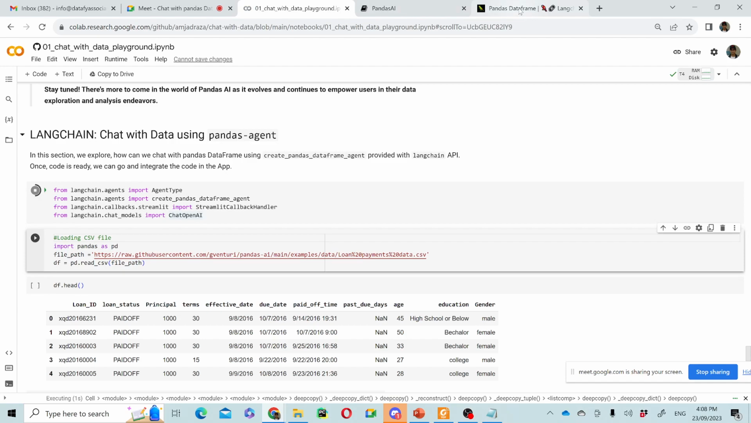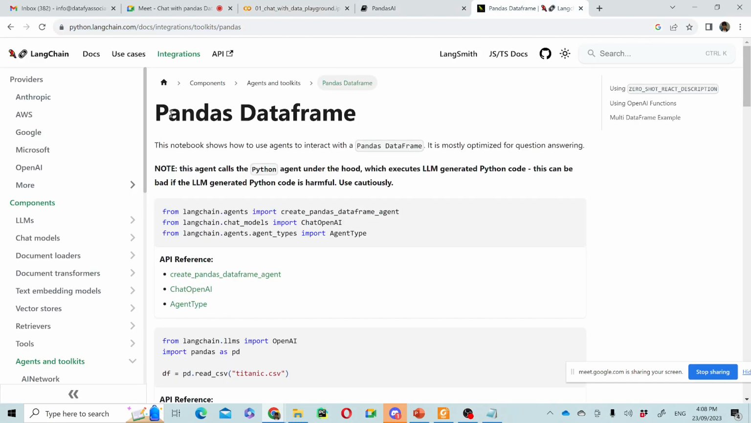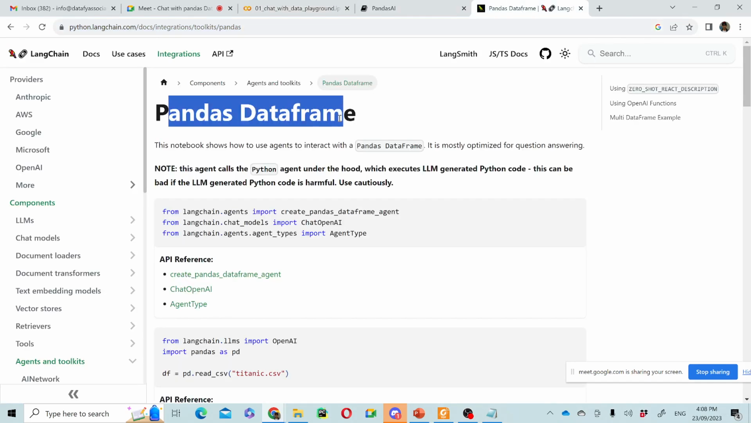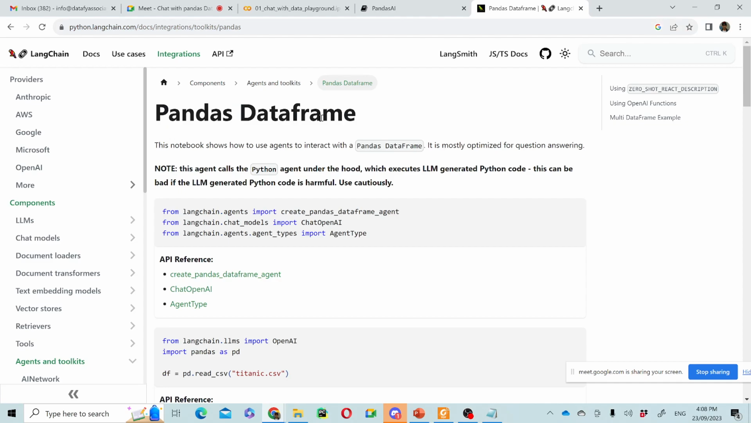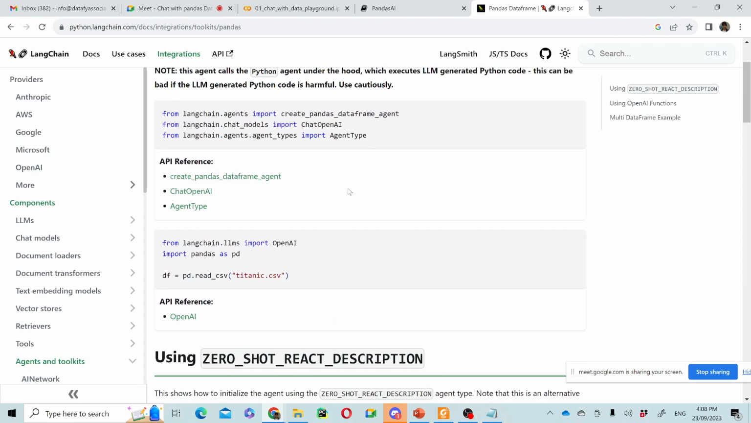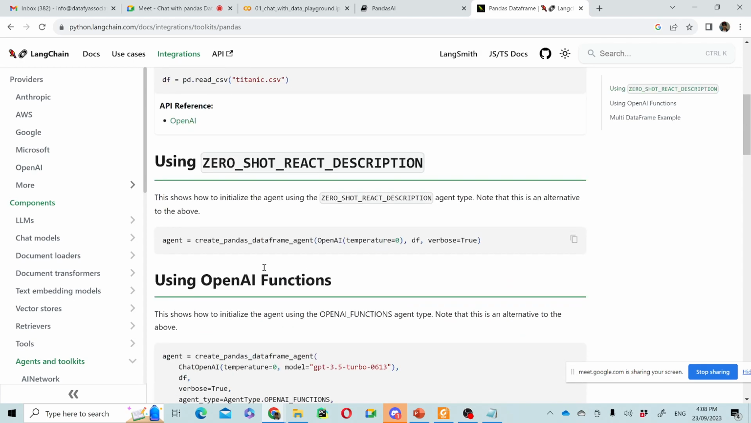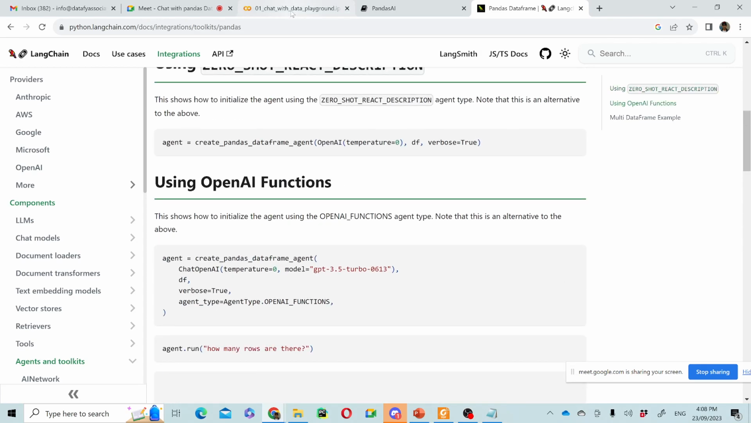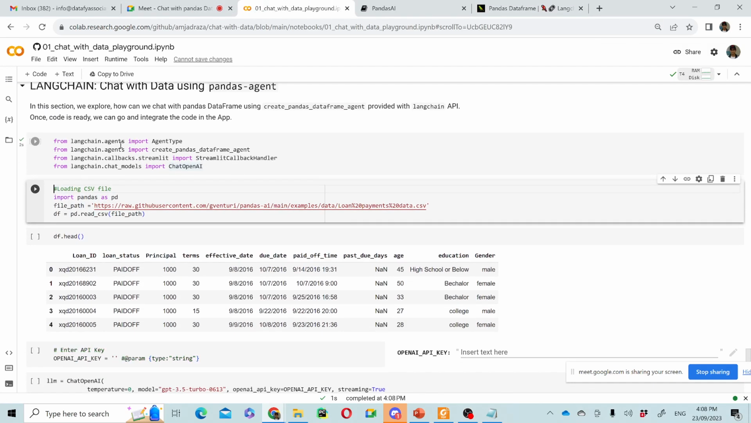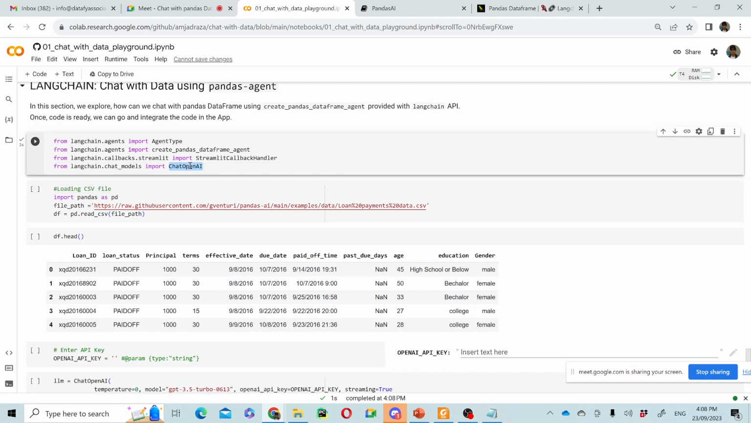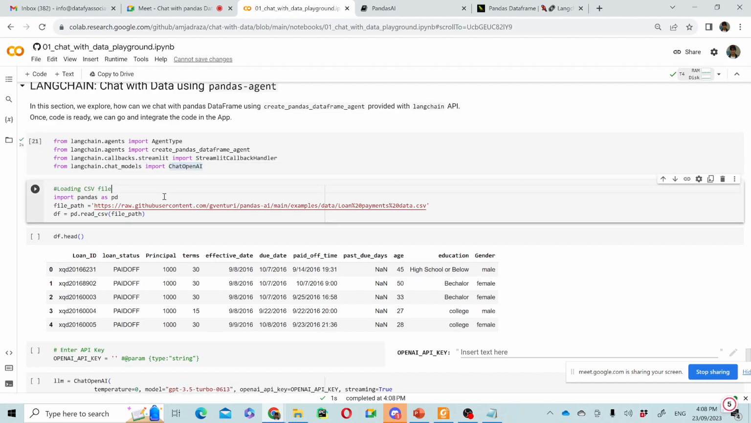So here I have included a link about the topic, about what the implementation in LangChain is for a pandas data frame. Basically you can go there, you can read, and then you can implement your logic here. So you import these libraries. Again, the model we are going to use is ChatOpenAI, and then you read your data,